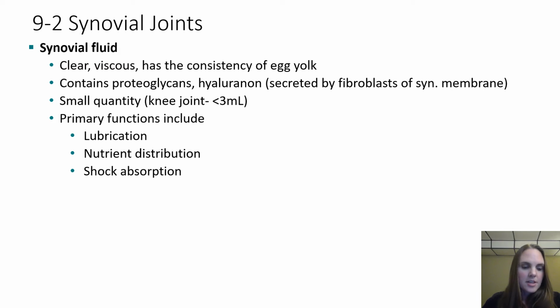So I mentioned that synovial fluid filled that area between the articular surfaces. That synovial fluid is clear and viscous, kind of has the consistency of egg yolk, and it contains proteoglycans and hyaluronan, which is secreted by the fibroblasts of the synovial membrane. It is a small amount of synovial fluid. For example, within our knee joint, we have less than 3 milliliters of synovial fluid. A teaspoon has 5 milliliters, so we've got less than a teaspoon of synovial fluid in that knee joint, but